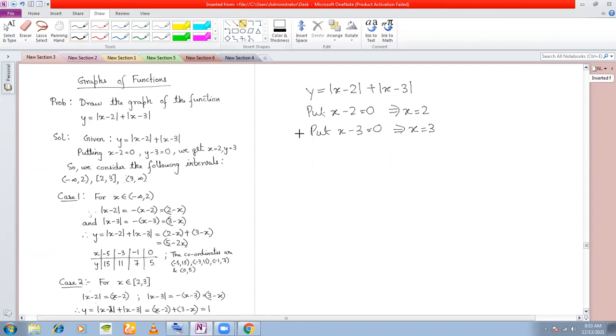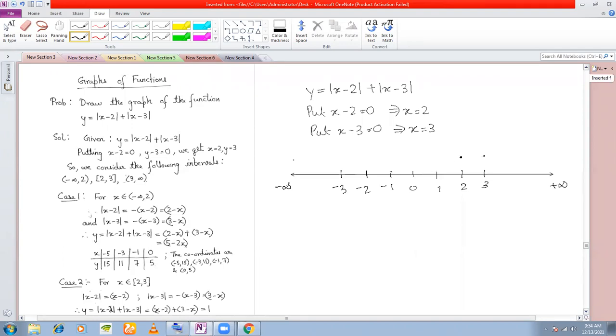So now on the number line, if you see, this is your point 1, 2, and 3, and so on. You have the negative numbers also. Now this is your minus infinity, and this is your plus infinity. So if you see, how many breakpoints are you getting? You're getting a breakpoint at 2 here, right? And you're getting a breakpoint at 3 here.